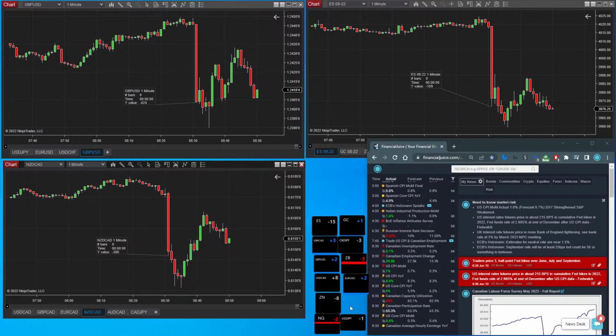So what Tick Strike does, it represents the amount of momentum that there is within a certain asset or instrument, or if you're looking at a broad measure of momentum, instruments. So, for example, if I'm looking at the Canadian dollar and the US dollar, I've got my USD/CAD, dollar yen, euro dollar, and I've also got cable there as well.